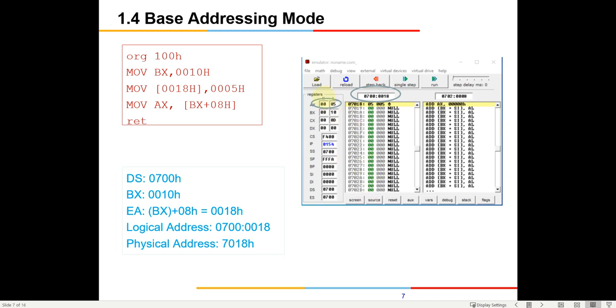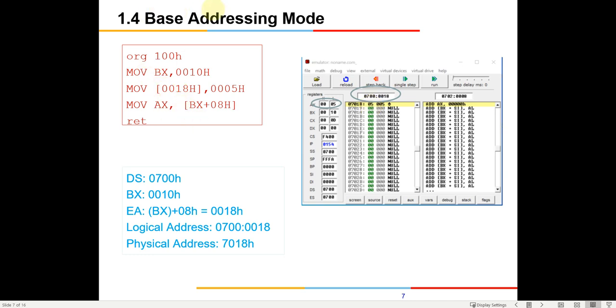So we know how to see the registers, and how to see the contents of a memory location also. So you have to do this step by step and ensure that whatever we have written is being executed in the same manner. Also, it's important that you try to do the physical address calculations manually, and also try to verify the machine language code, whatever is written here. If you do that, you will automatically get prepared for your exam also.